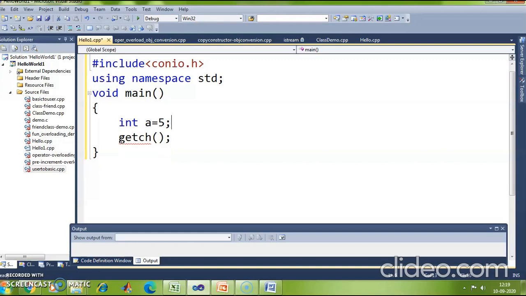For that, let me declare two variables, int n1, n2, which will hold the values of number 1 and number 2.